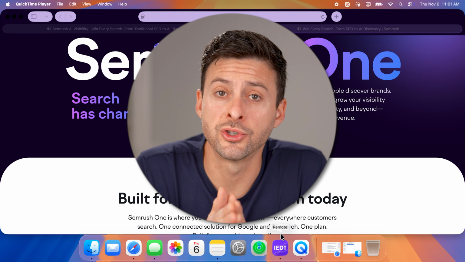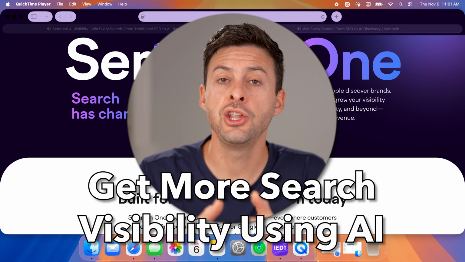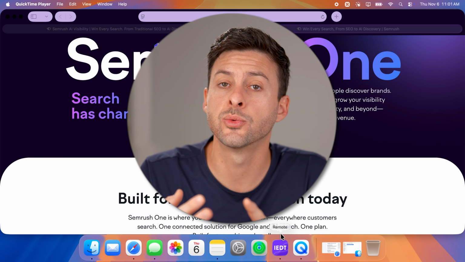Let me show you how to get more search visibility using AI. Now, if you have a company and you want to grow your search visibility within Google search as well as